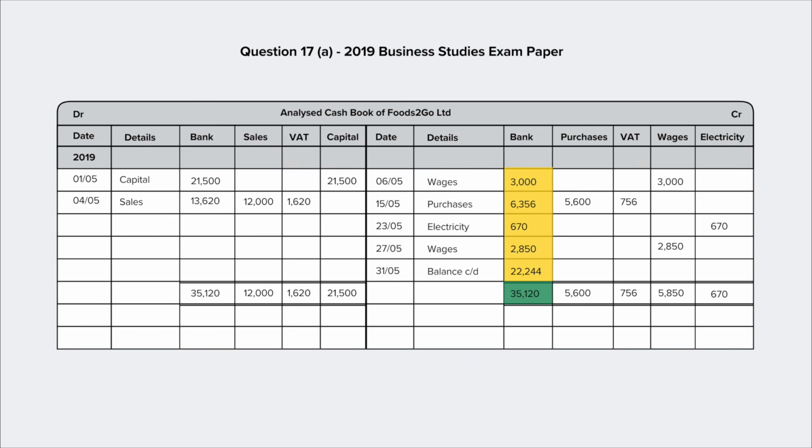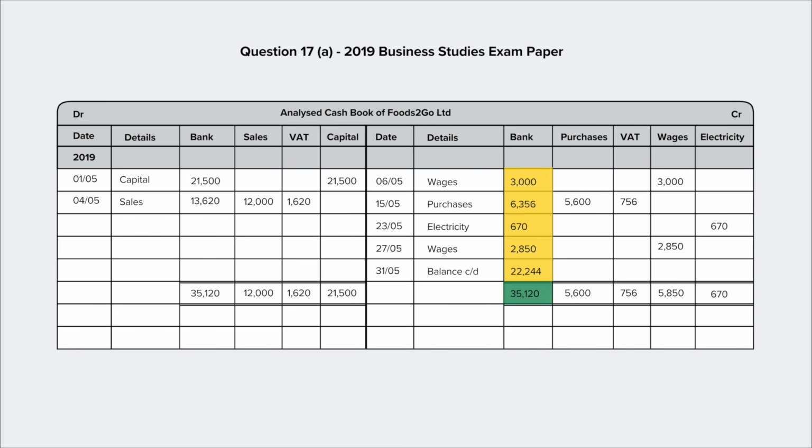They didn't a minute ago until you added in the balance carried down. So the balance carried down is essentially filling in that gap to ensure that the books balance. Now our balance carried down, which is again what we have left over after all our expenses were paid, becomes our balance brought down to the next month. So we're going into June with this figure of